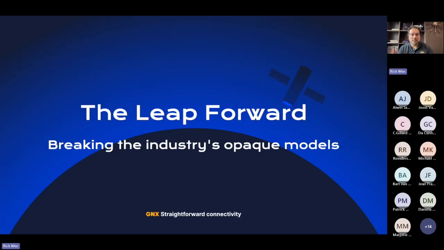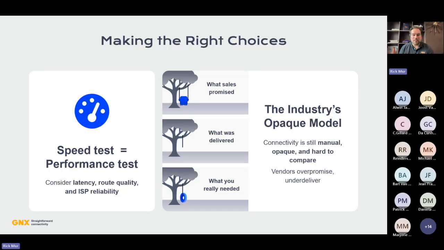So what do we need? We need a leap forward, right? We need a breakthrough from the model where the only thing that an ISP asks me is how much bandwidth do I need. That's pretty much the only question they ask. They ask maybe how many IP addresses do you want and how much bandwidth do you need? Those are the only questions you can ask your ISP. So rather than just going through that bandwidth decision, we should consider ISPs based on their previous experiences.